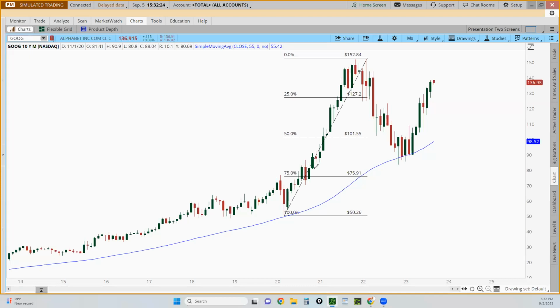I'm not saying you cannot make money in bad neighborhoods. I'm not saying you cannot make money underneath the 55 simple moving average. That's not what I'm saying. I'm just saying, to make life so simple for me, just stick with that. Somebody might come and say, hey, I bought this stock at $1. It went to 50. Ha ha, I made more money than you on this trade. Hey, good for you. Thumbs up. I applaud you. But to me, it takes away.